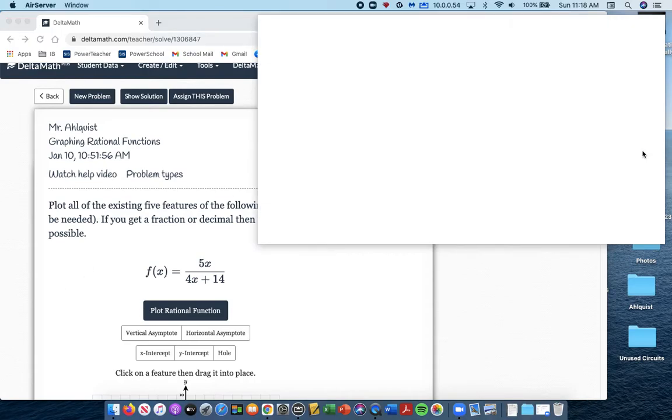So here's the equation. So we got this equation that's f of x equals 5x over 4x plus 14. So the first thing I'm going to look at is the x-intercepts. Okay? So when I think about the x-intercepts,